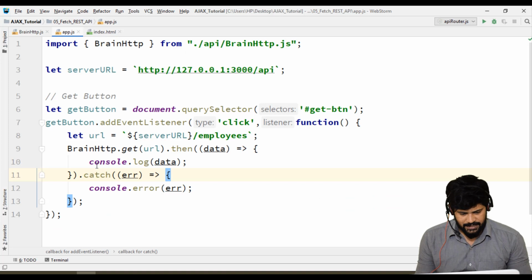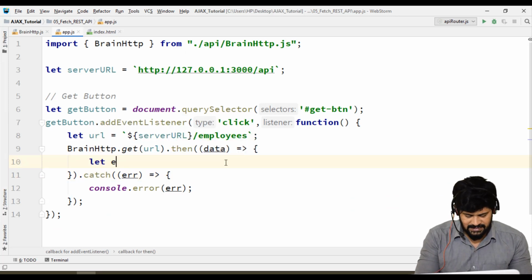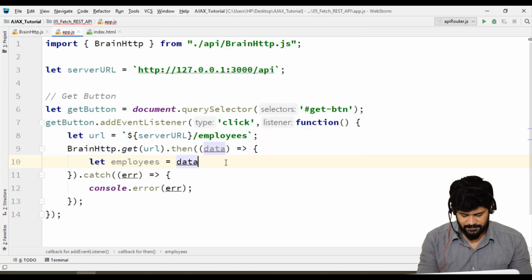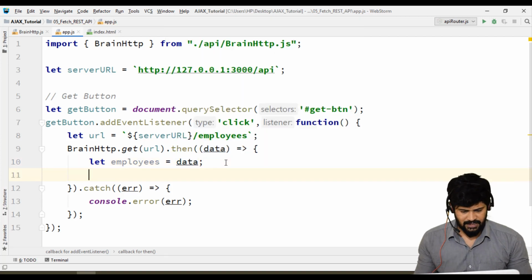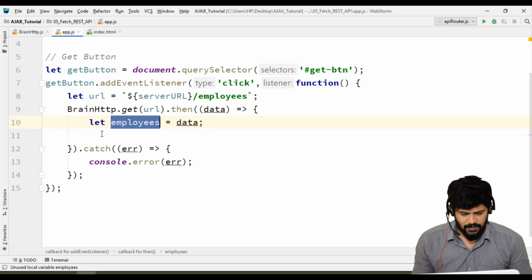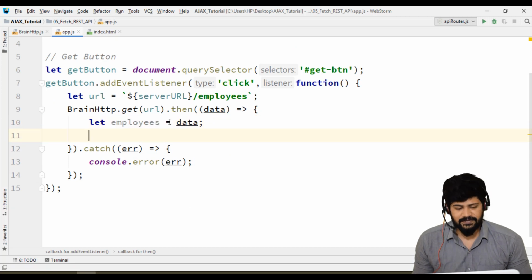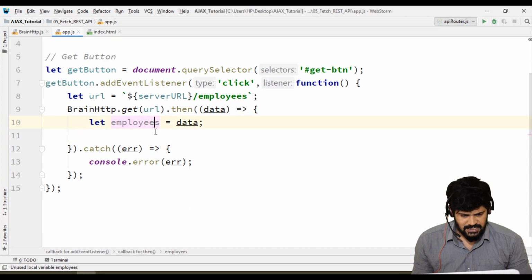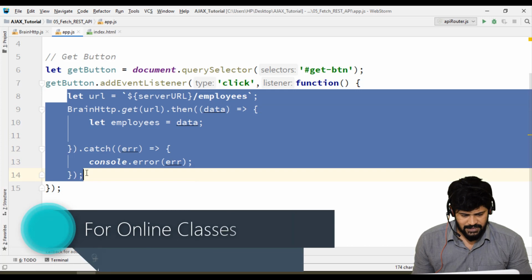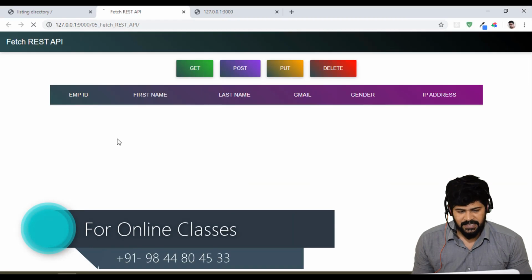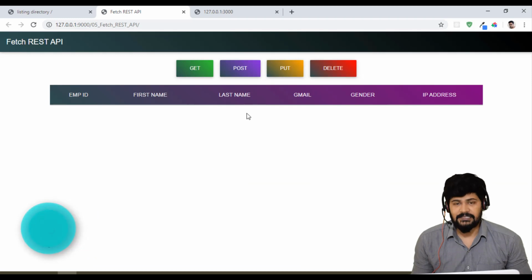So what I do is, let employees be equal to the data. I don't want to write the display logic over here, so let's create a separate function to do that. Instead of doing this much here, can we take it out to a separate function? Because when I make a put request I also want to display, and when I make a delete request I also want to display.